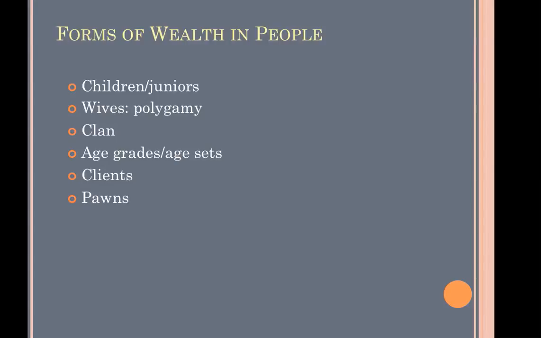If a marginal family is about to starve, something like that, they could place one of their junior members, one of their children, with a local person who's doing better, somebody who might have planted a variety of foods rather than just one, someone who can survive. And in return for that person they've placed in their household, that family in distress can receive food and aid, anything they need to keep going. This in no sense is selling off children. It's not slavery. If you think about it, at least that pawn, the original family knows, will be well fed and cared for, because wealth is in people.